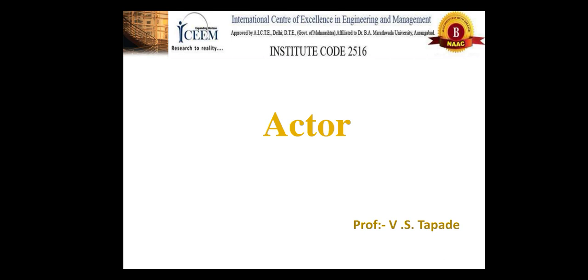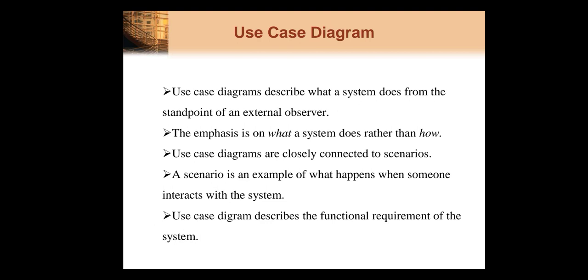Now we have to discuss the next thing, the use case diagram. A use case diagram always describes the functional requirement of the system, and to describe it we need to gather the requirements of the user. When we want to create a model of a system with the help of different diagrams, the very first diagram we have to draw is the use case diagram, which describes the functionality of our system. That means what is the input to this system, how our system works on that input, and how it will give us the output. All these things are represented with the help of the use case diagram.